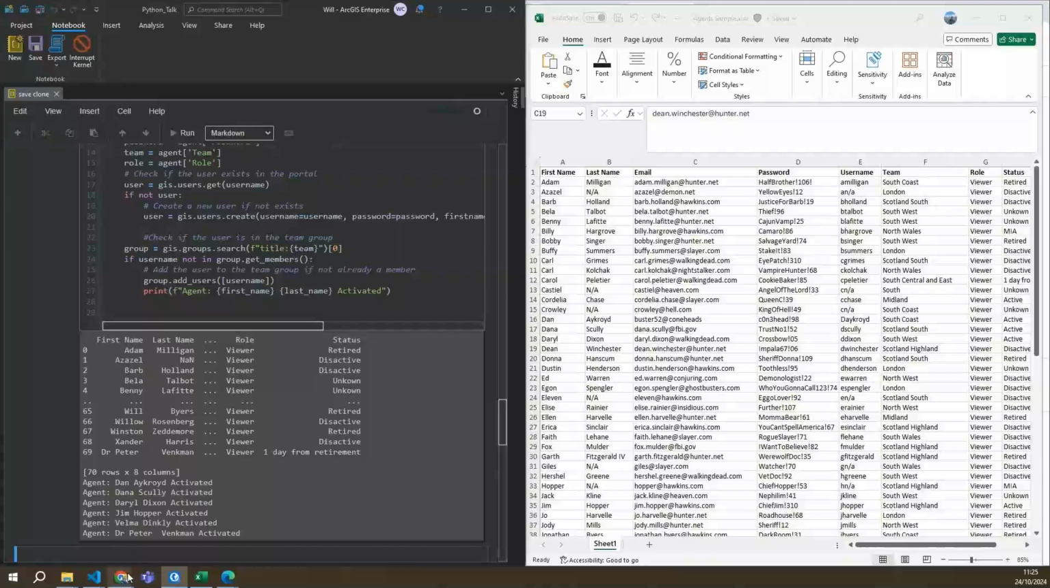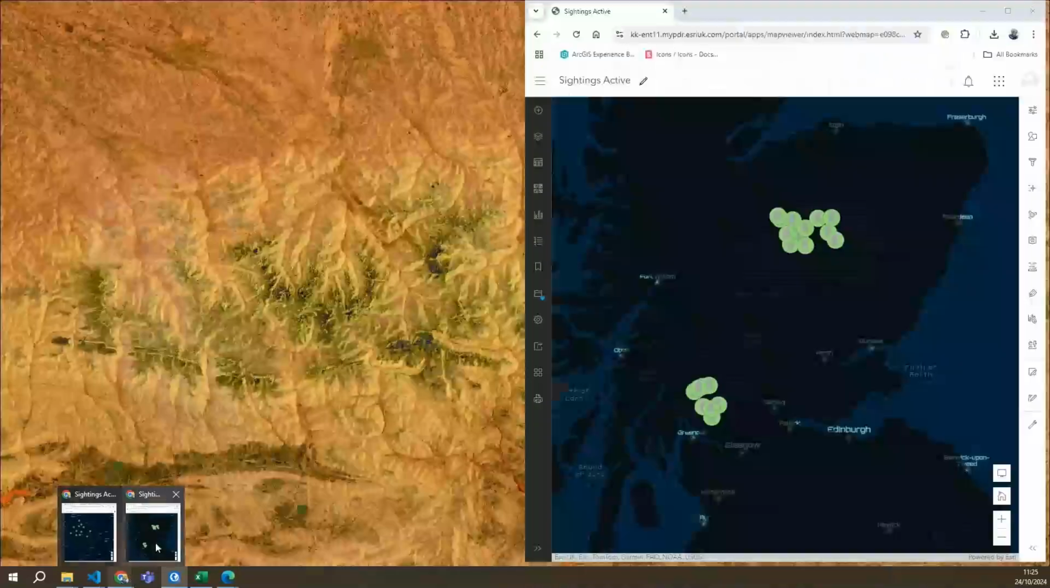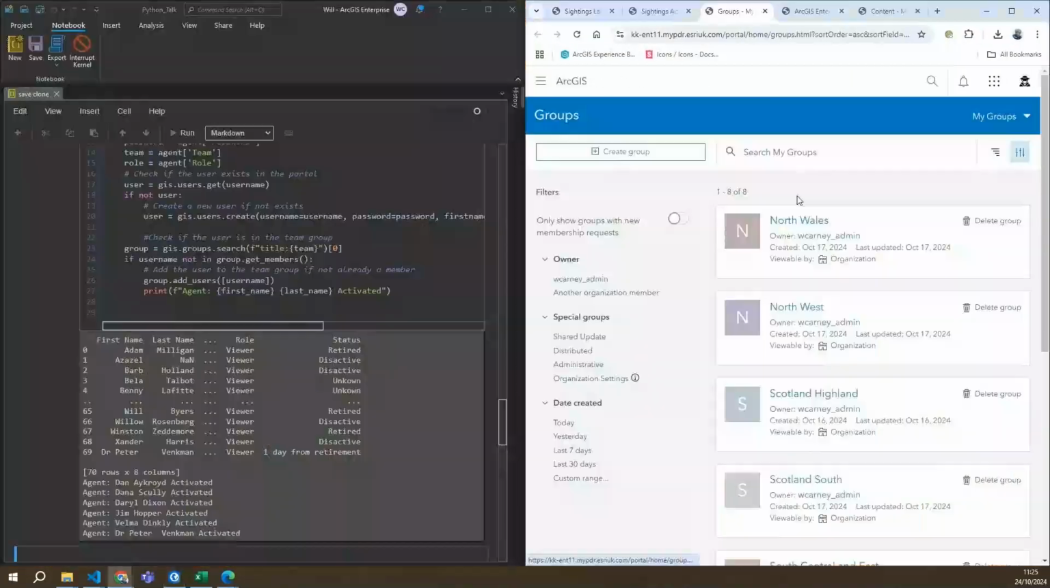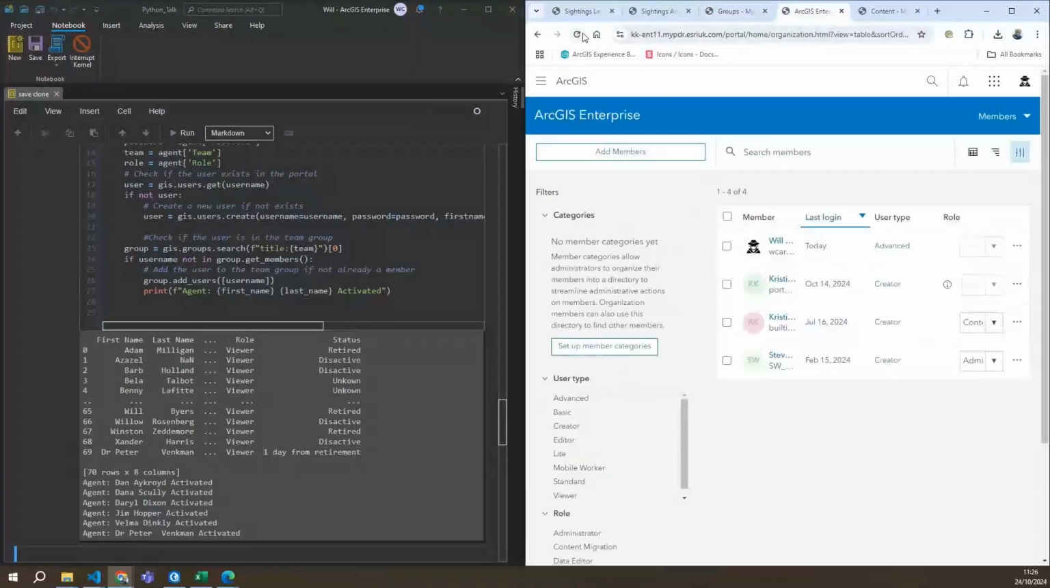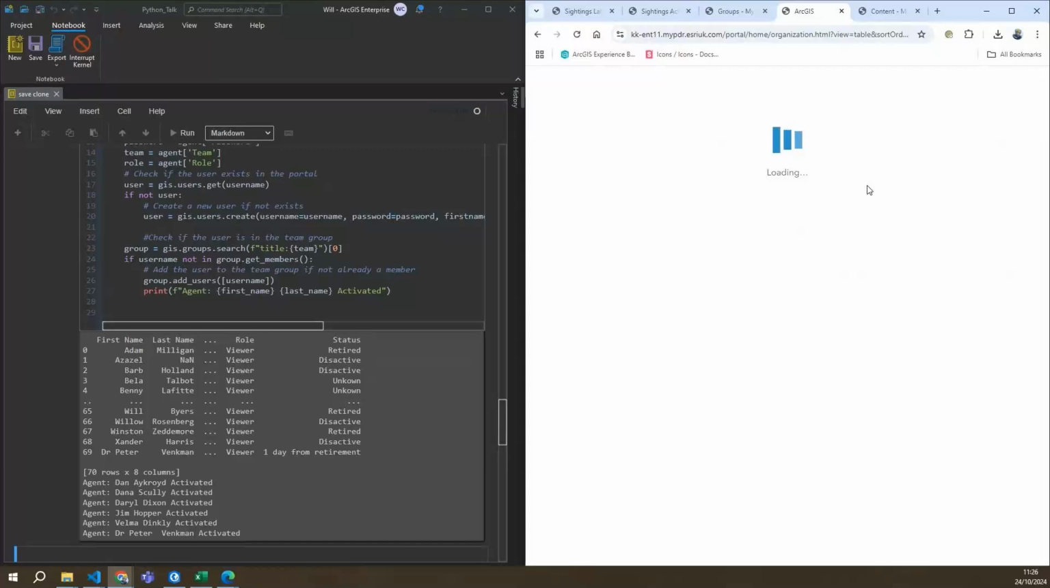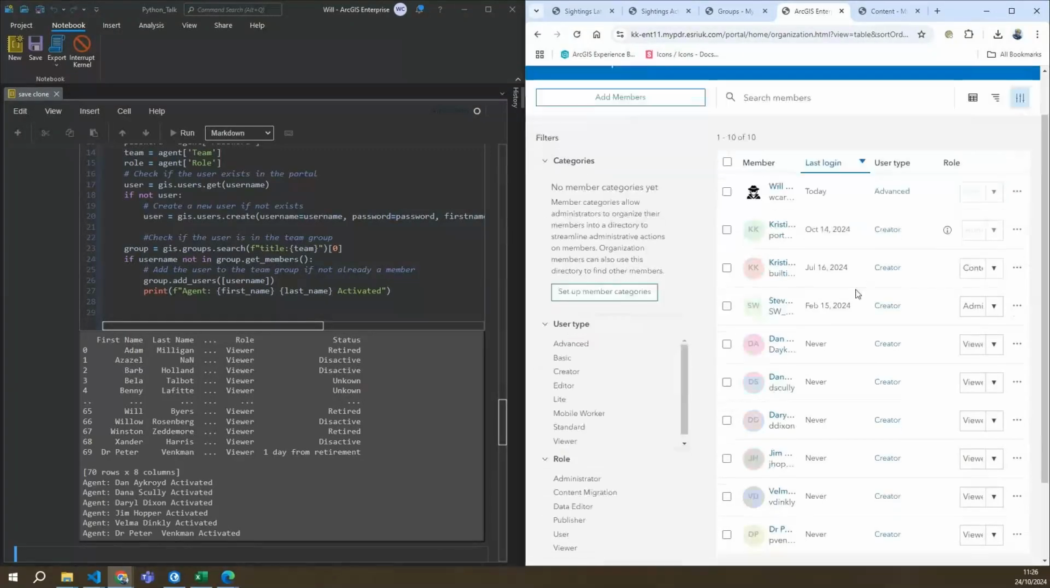A few of you will get these old references. But if I tab over to my groups, I can see them here. And then if I just refresh my list of users in my organization, they'll begin to appear there. So